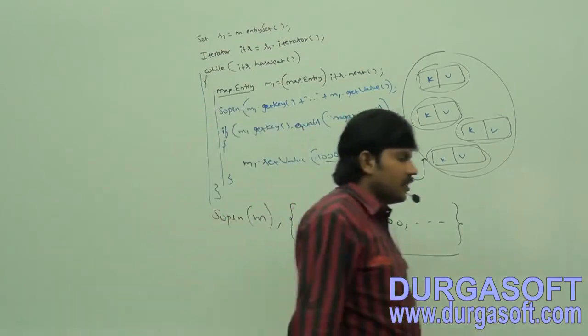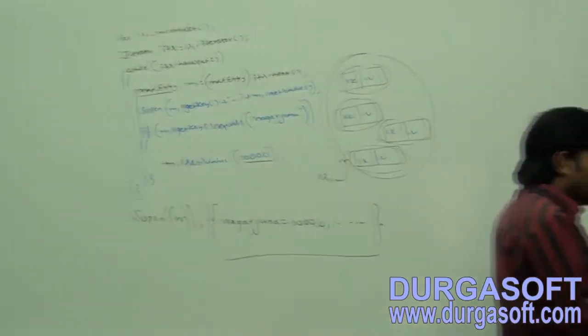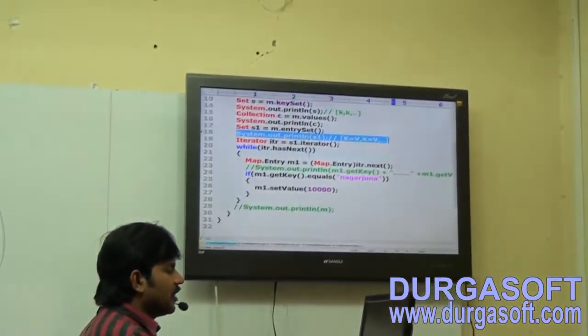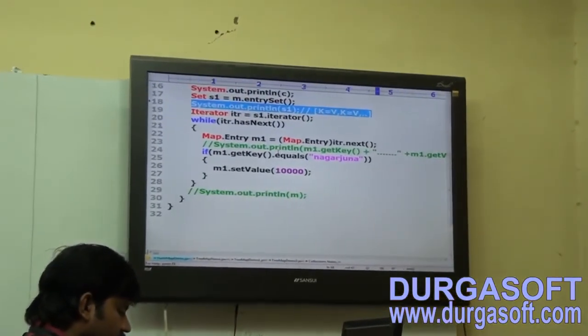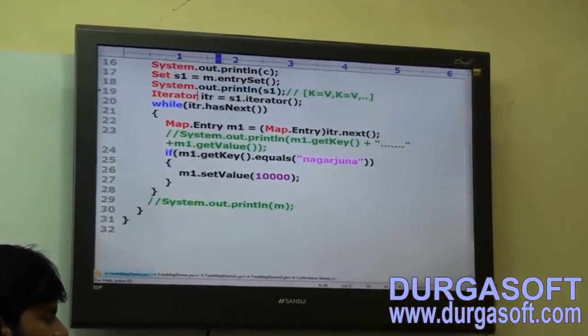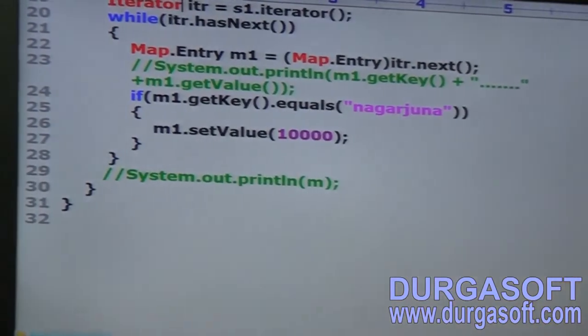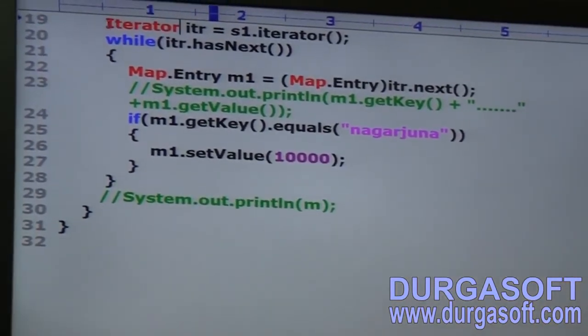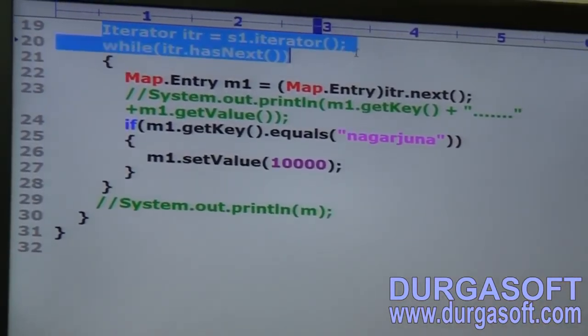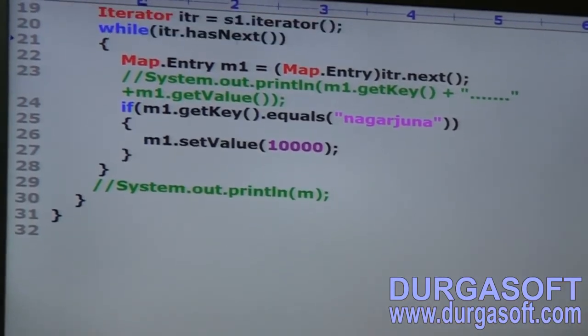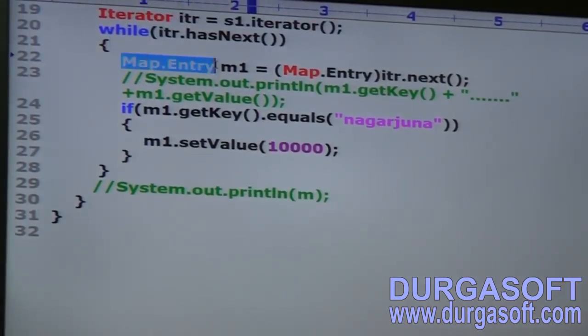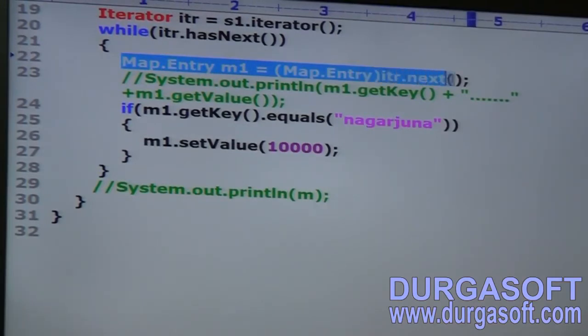Okay, now just observe. Let me show the remaining code also. Iterator itr is equal to s1 dot iterator, while itr dot hasNext, Map dot Entry m1 is equal to Map dot Entry of itr dot next.